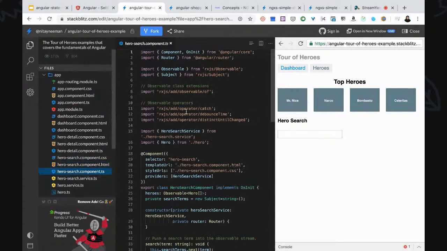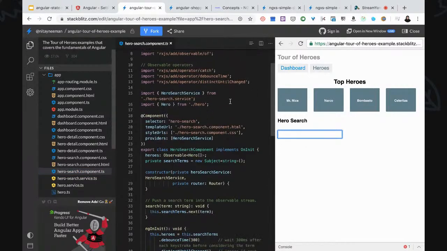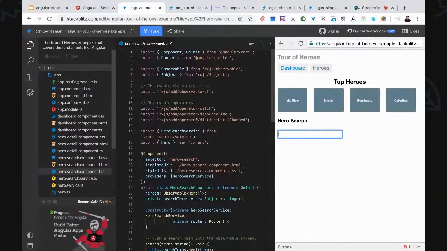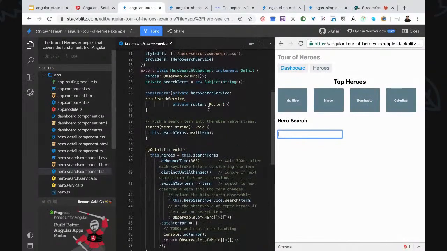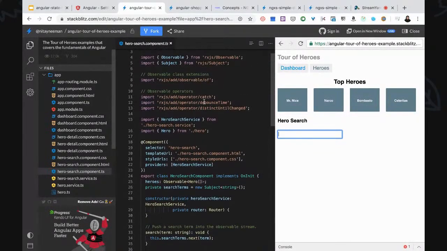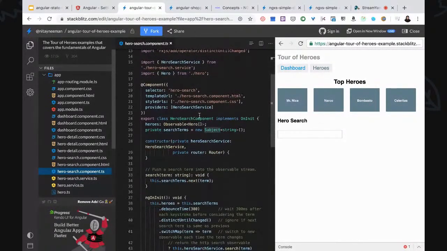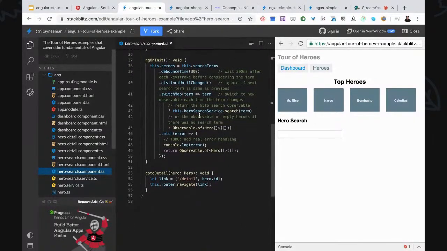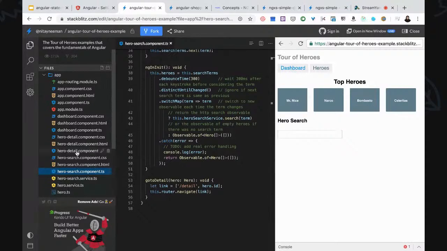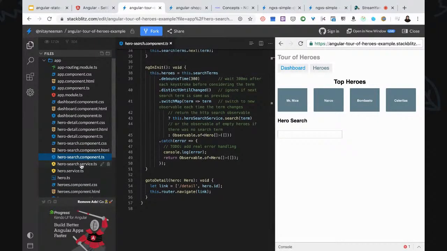So if you look at the search component, this is where a lot of Angular things are happening. This component is logic heavy. You can see that you're having some observables here, because you've imported RxJS observable, and you also have a subject. So let's not get into more details of the code, but this is how general Angular is. And let's look at hero search service,